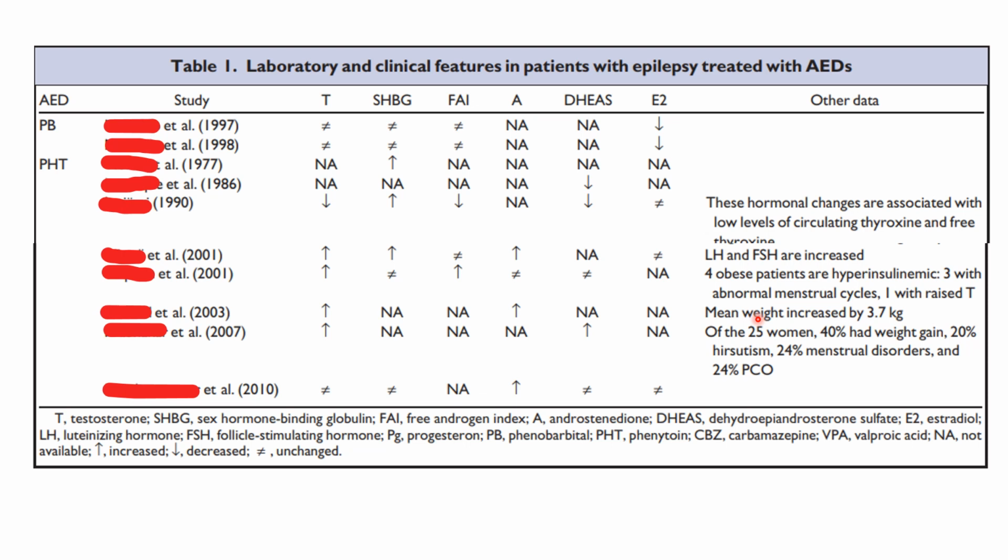of a situation and somebody says to you, please have a look at this table and interpret the results, then you can say that this table is showing the laboratory and the clinical features in patients who have epilepsy and who are being treated with anti-epileptic drugs. In this particular table, the researcher has shown us only 2 different kinds of drugs, for example, phenobarbital and phenytoin, and they have shown studies which were done on these drugs in epileptic patients, and they have also shown us what was the level of effect on testosterone levels in the patient, sex hormone binding globulin levels, free androgen index, androstenedione,